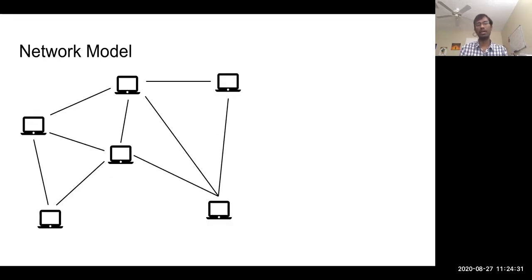So this is the network model that I'll be considering both to explain the protocol and also for our experiments. So I'm going to assume that blocks are mined in rounds. In each round, there's going to be one node in the network that generates a block, and it broadcasts the block to everyone else in the network. And the probability that a node mines a block in a round is proportional to its hash power. So for each node v, there is a hash power h(v).